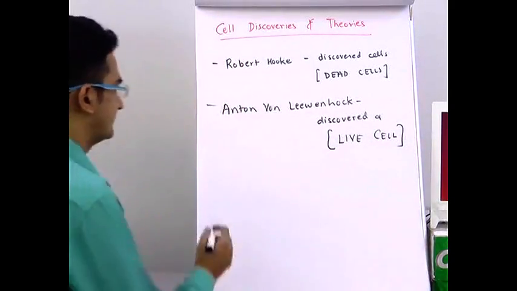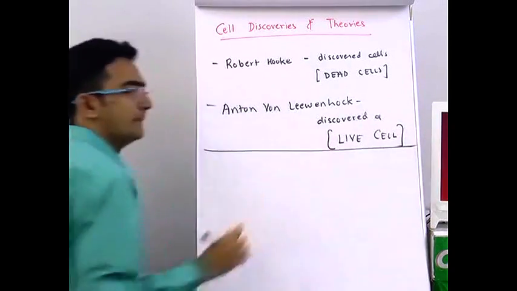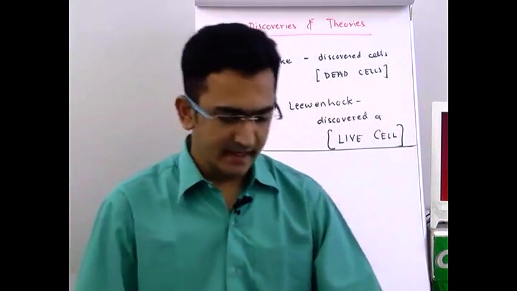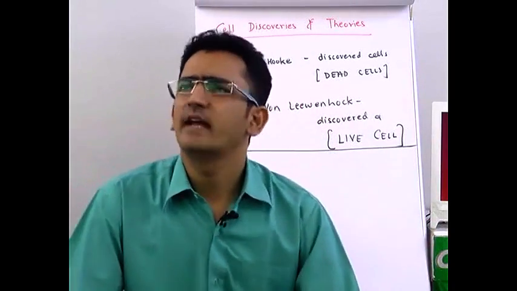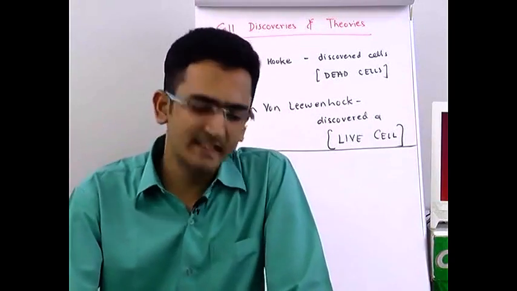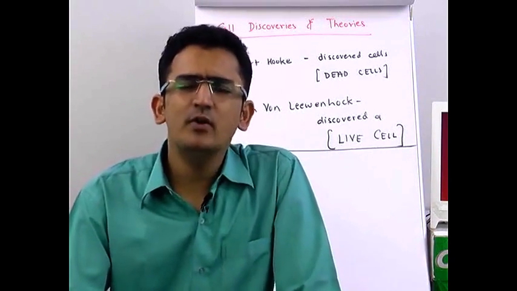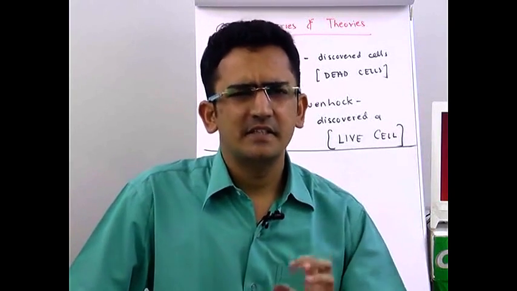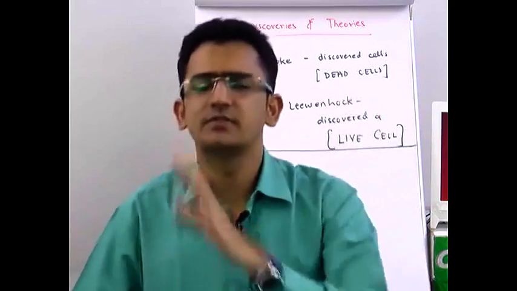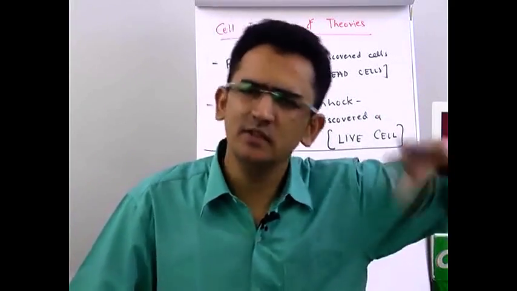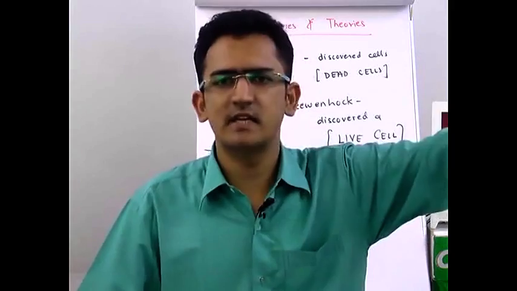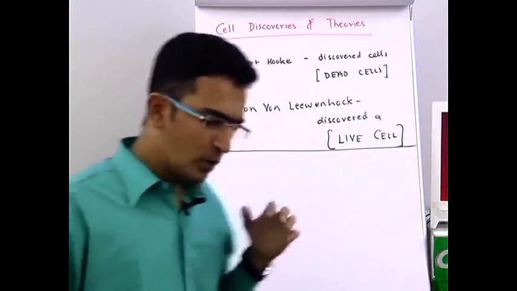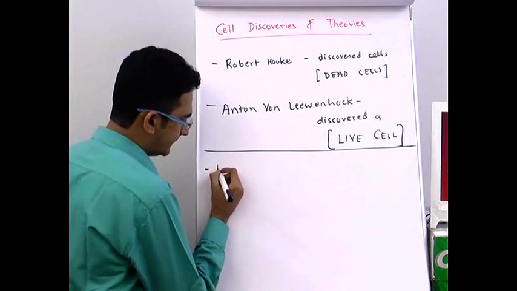Then, in the first half of the 19th century, if you are talking about the 1820s, 1830s, 1840s, that was a time when all the scientists were really after having a lot of research on cells. All scientists wanted to prove that they did something on cell, and cell was a very hot topic. So in the year 1838,